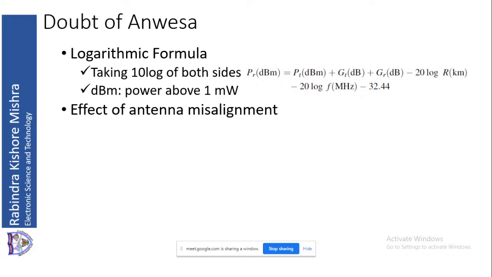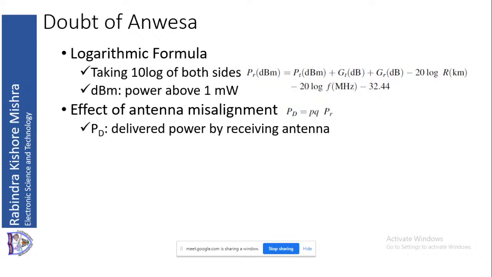Now if the antennas are not properly aligned, what is going to happen to this formula, or what will be the difference? If they are not properly aligned, then there will be some misalignment, and because of the misalignment, there will be some misalignment loss. Similarly, if they are not in proper polarization, there will be a polarization loss. So by taking that into account, the total power received, PD, will be P into Q into PR, where PD is the delivered power,